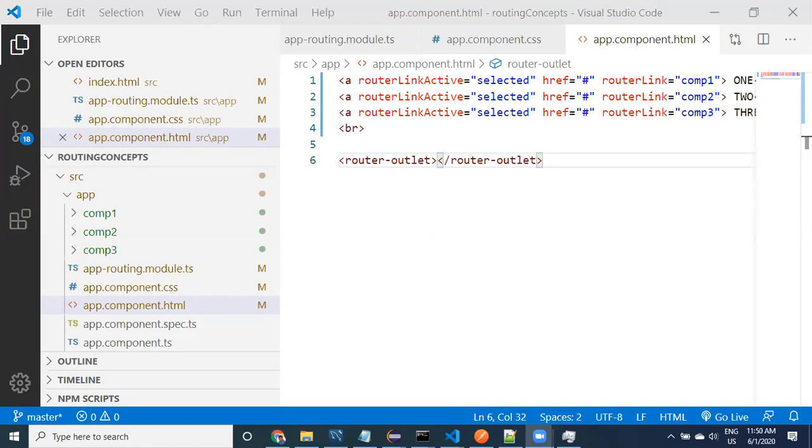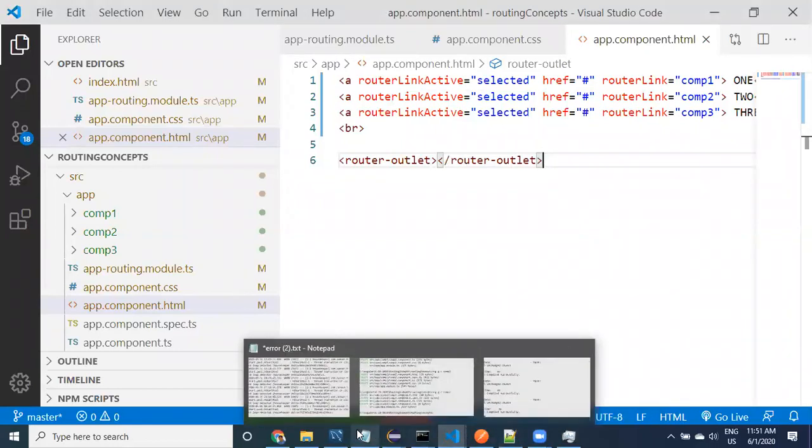If the user doesn't provide anything directly, it will come to one particular router link. So that we have provided. The third one is router link active. These things are going to be very helpful when you are working with your real-time application. So, router link active style. Yes, that is the third point. Let us go to the fourth point.